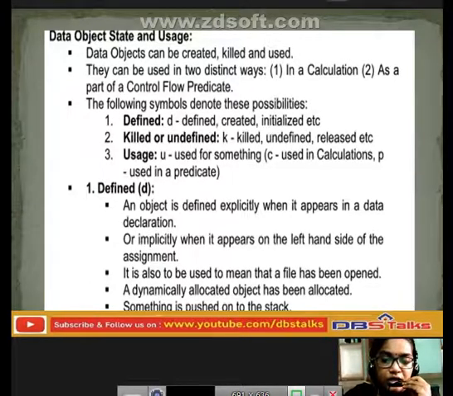It is also used to mean that a file has been opened. The dynamically allocated object has been allocated, and automatically something will be pushed into that particular stack. This is how we define a data object.